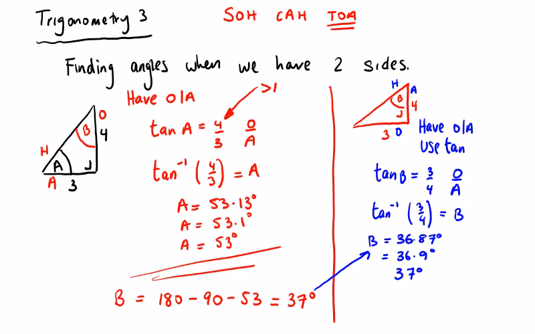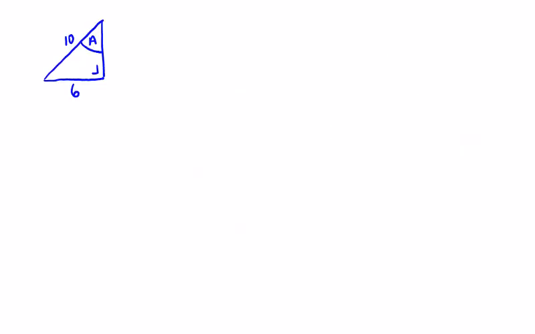So now let's have a look at when we are going to use sine and cos when we have the two sides. So let's label our triangle and find this angle A. H and A touch off the angle, which leaves O over here. So what have we got this time? We have H and O. So we're going to use,